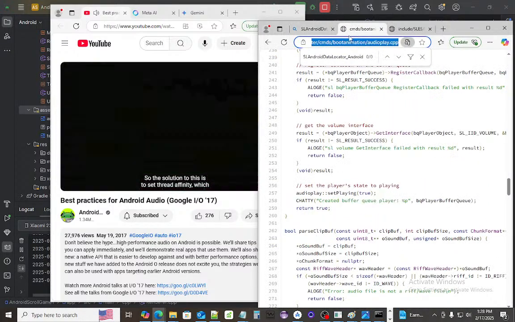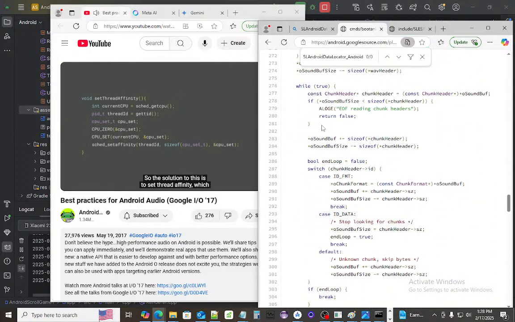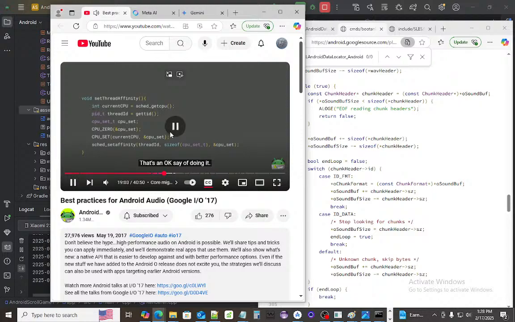So the solution to this is to set thread affinity, which means that we can bind our audio thread to the current core which we're assigned. That's like this code right here. If it's thread affinity, it gets the CPU it's running on, gets its thread ID, sets CPU 0,